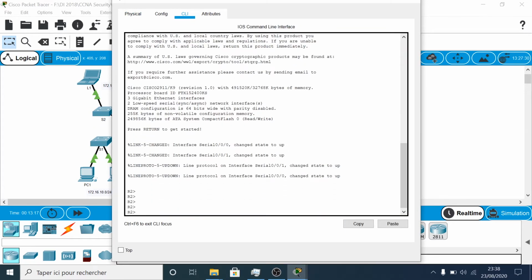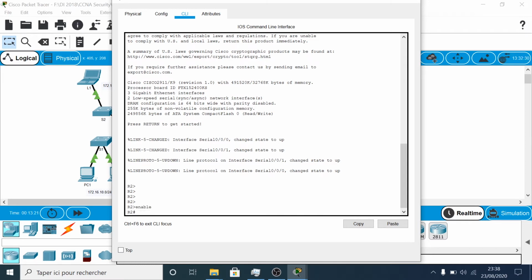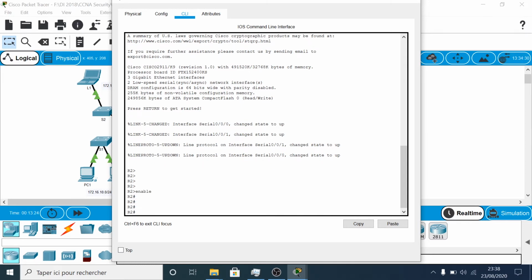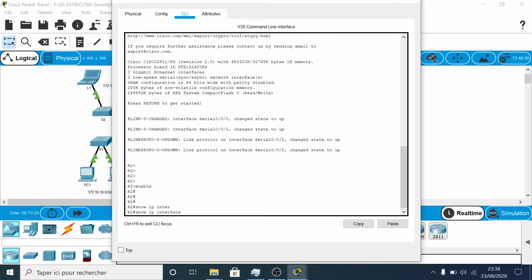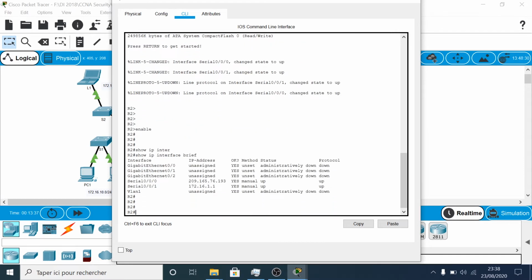Right now I'm in R2, so I'll use the command enable to go to privileged EXEC mode. In privileged EXEC mode, I will start by displaying interface configuration on R2 using the command show ip interface brief. As you can see, router R2 has two interfaces with IP addresses configured. There is interface serial 0/0/0 with IP address